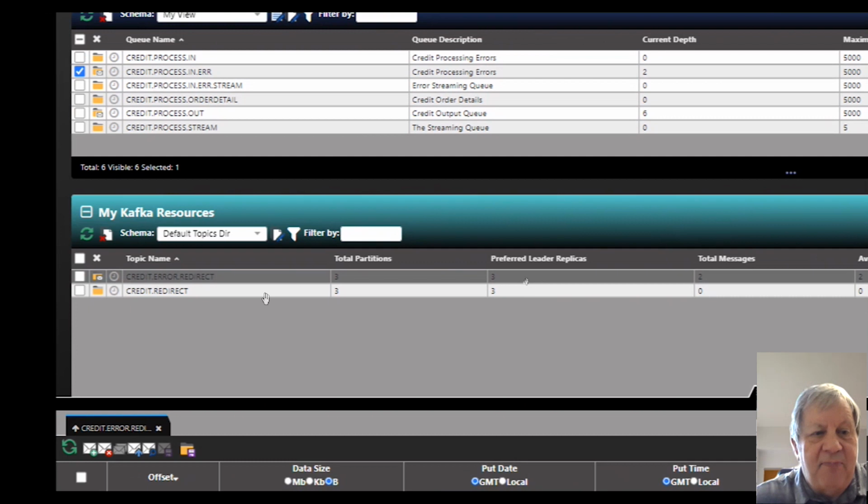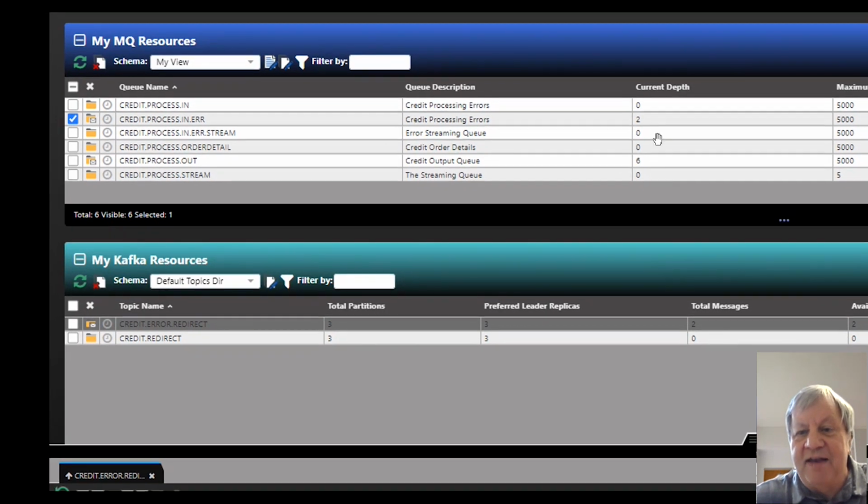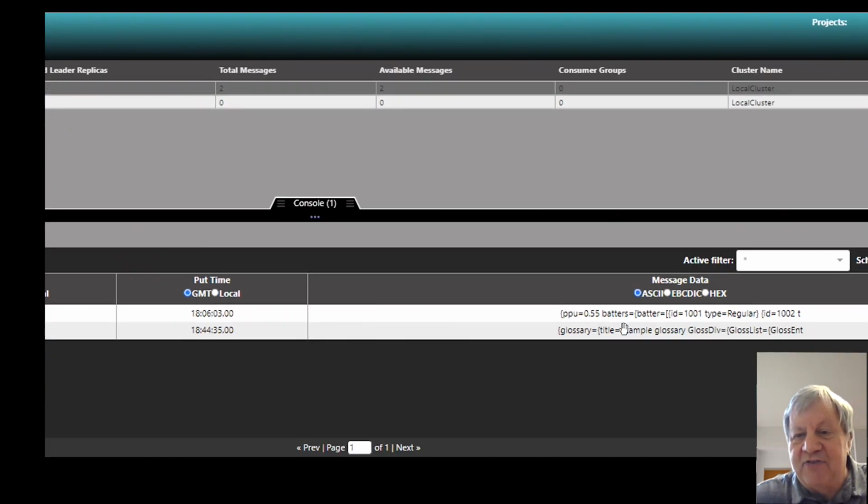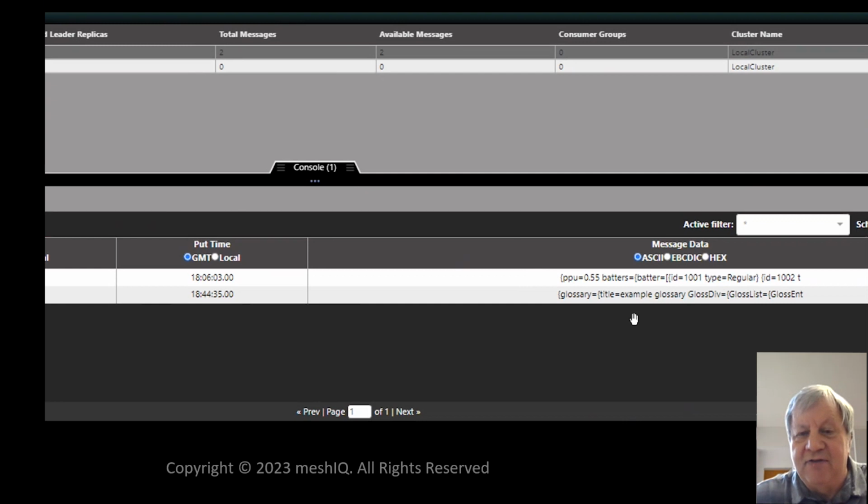But if we come down to the bottom and look at our Kafka topics, we actually see the result of the messages are also here. So we've now validated that the messages actually transferred over. And if we come down here, we can actually see the same message that we just put on the prior screen.